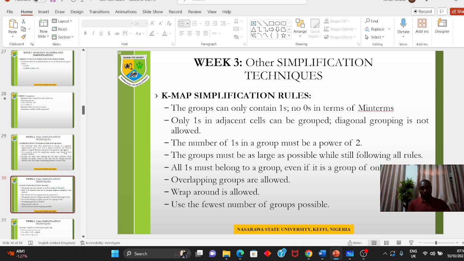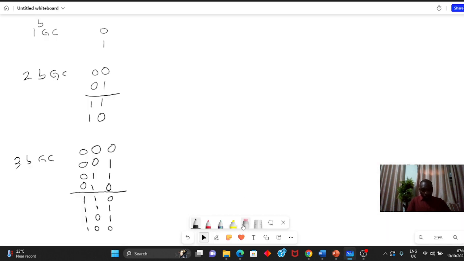So if you are dealing with min terms, as far as the Boolean expressions is concerned, the groups can only contain ones and not zeros. So only ones in adjacent cells can be grouped, right? So diagonal grouping is not allowed, right? So what we mean by this, for instance, when you have